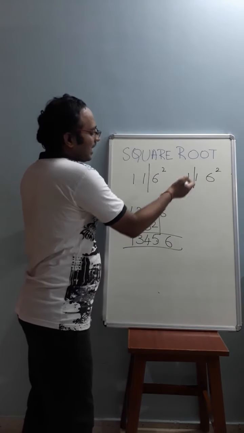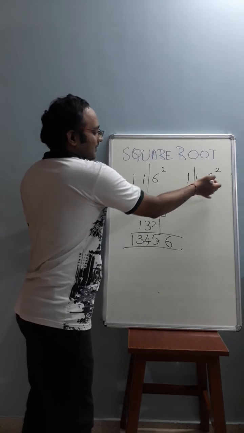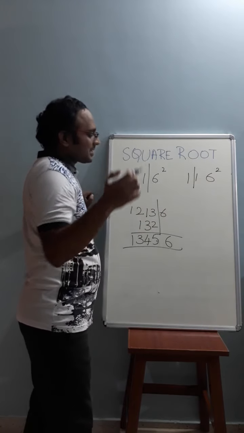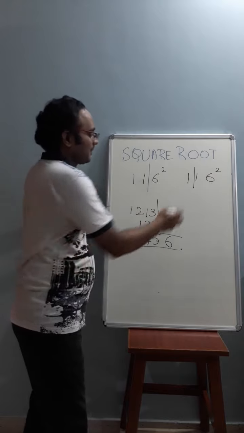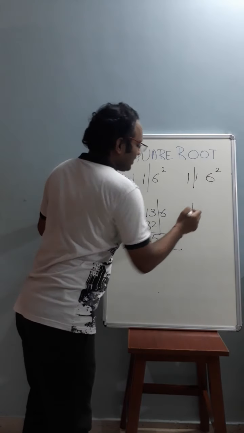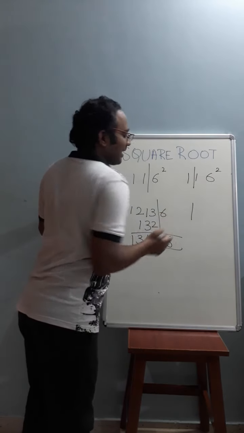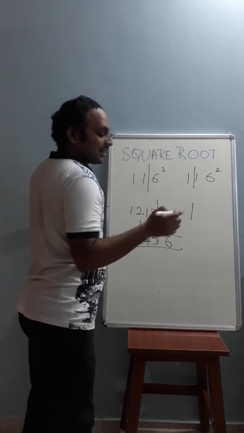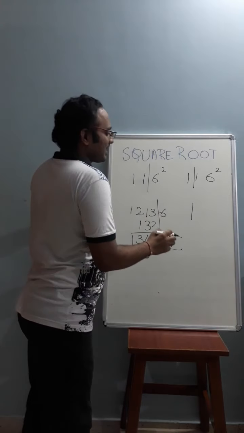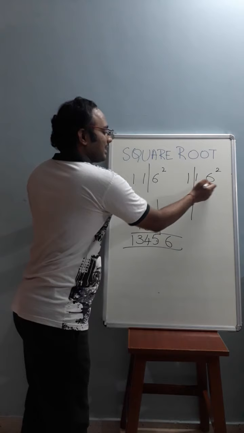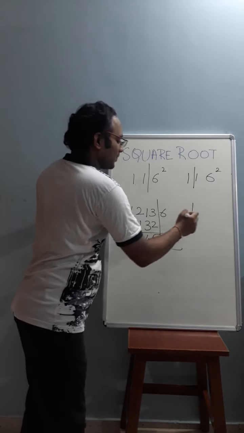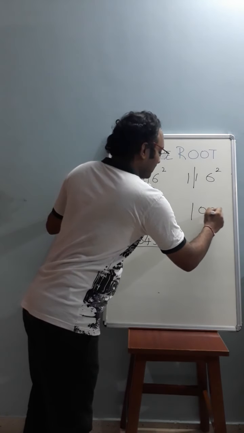Here I am showing how to do it by putting a slash after two digits. The same principle we applied before applies here. Write 1 square, that is 1. 16 square is 256, but you have to write it in 4-digit format because we have written a slash after two digits from the right hand side. 2 into 2 is 4, so I have to write it in 2-digit format.